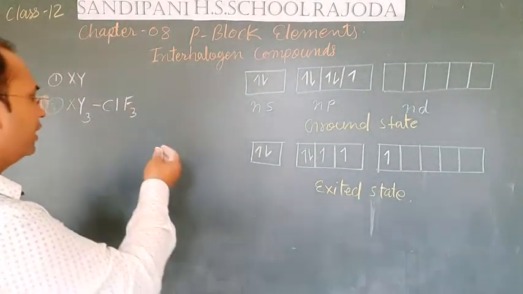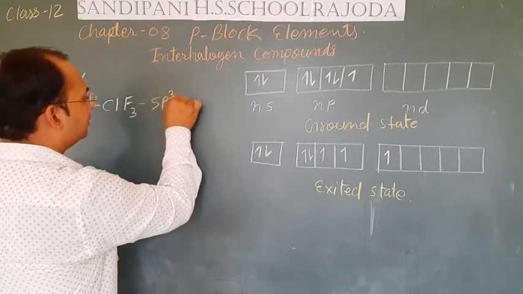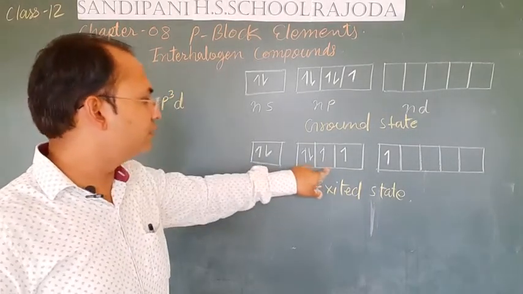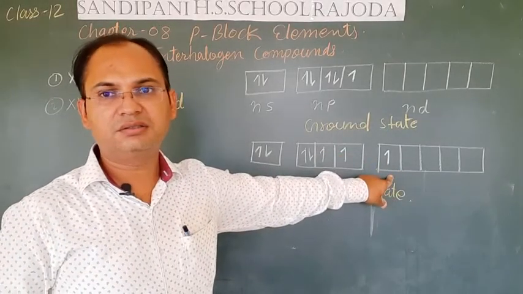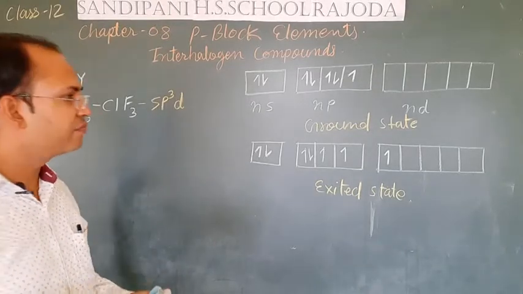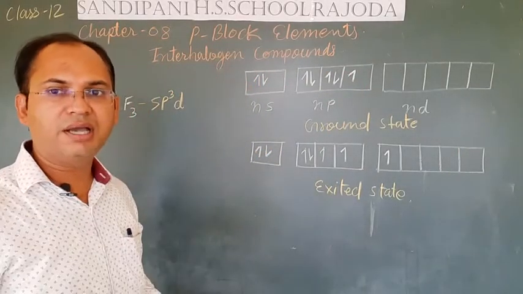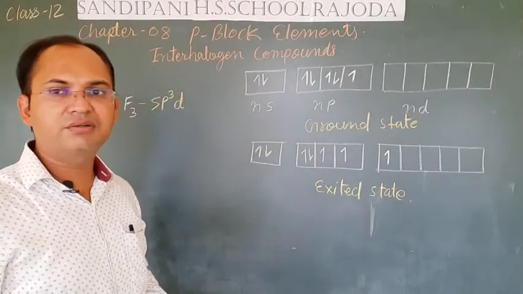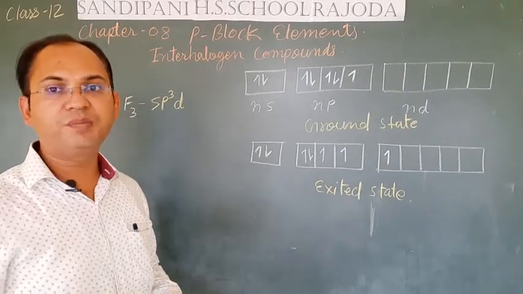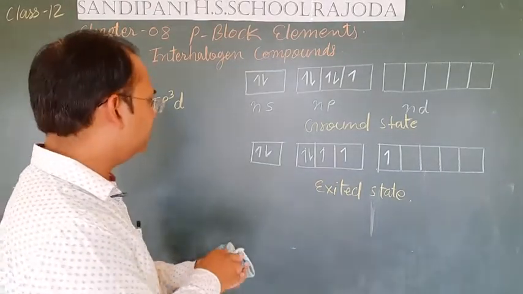Only one d orbital is included in this hybridization in this excited state. So the hybridization in ClF3 is sp3d type of hybridization, because it involves one s, three p and one d. Now see the structure. Here they have a total of 4 electrons as free electrons which are not taking part in the formation of the bond. So they will make lone pairs of electrons. 2 lone pairs will be there. We will see what a lone pair is in its structure.